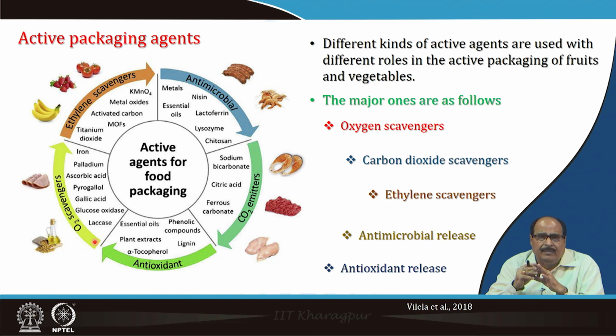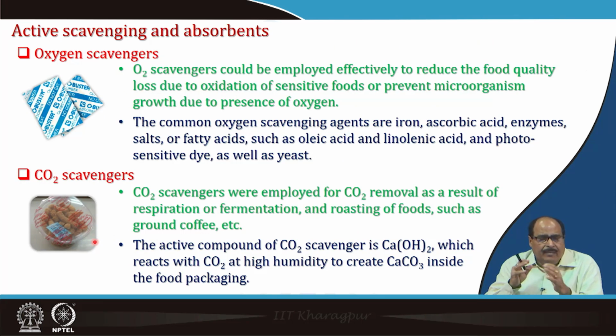So, basically the different active packaging agents are used with different roles in the active packaging of fruits and vegetables, and these major roles are oxygen scavengers, carbon dioxide scavengers, or ethylene scavengers or emitters, as the case may be, antimicrobial releasers or antioxidant releasers, etc. Then let us have a little detail of these things one by one, like oxygen scavengers,